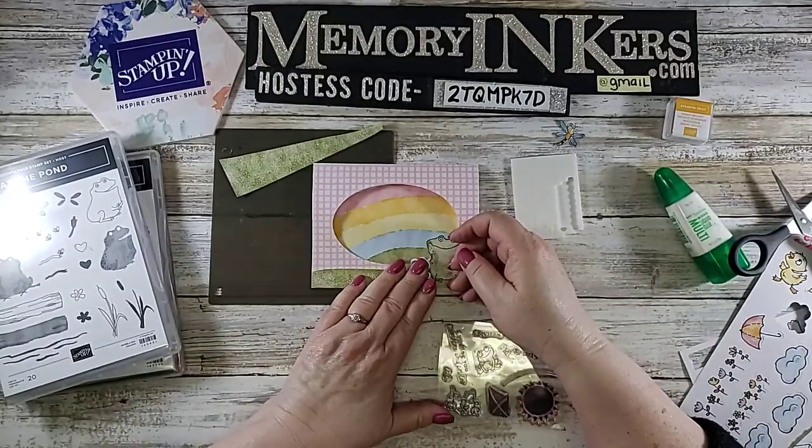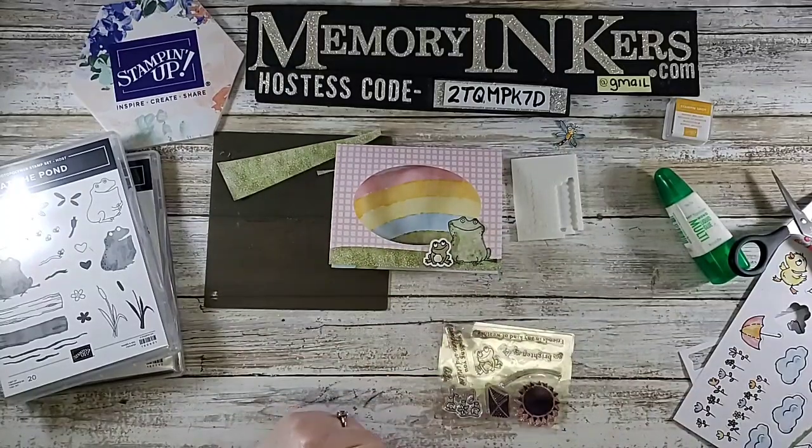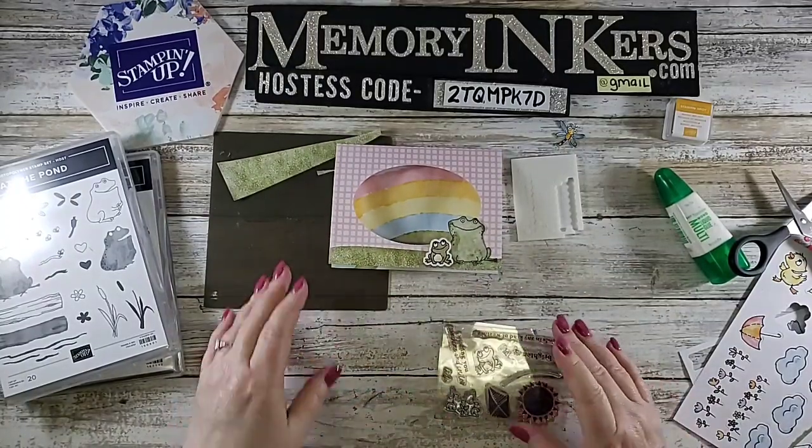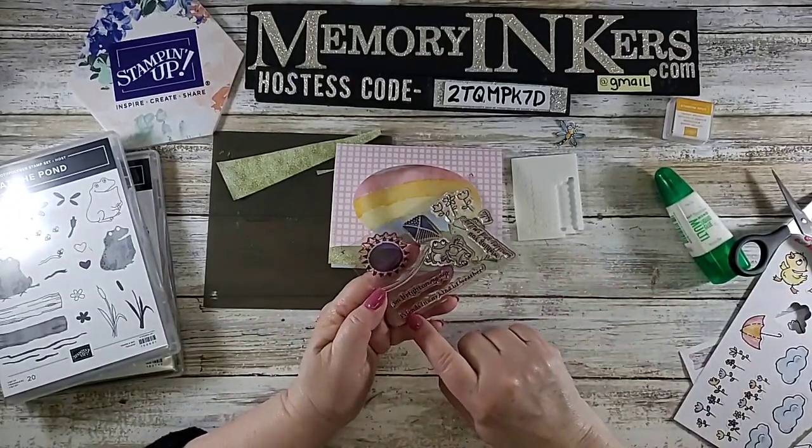And there he is right there. And look at how lovingly he's looking up at his little frog dad. How cute is that, right? So now I want to take this one that says